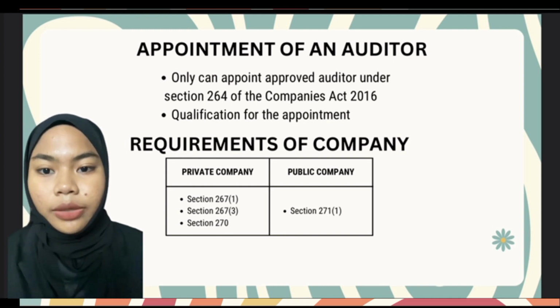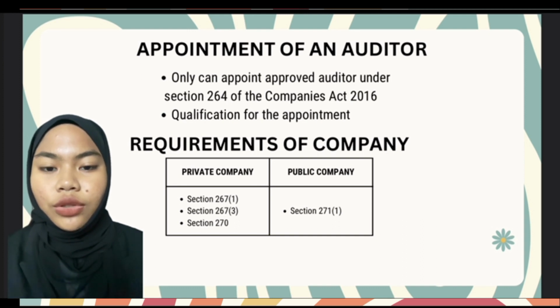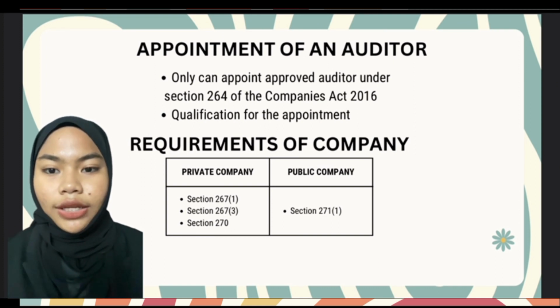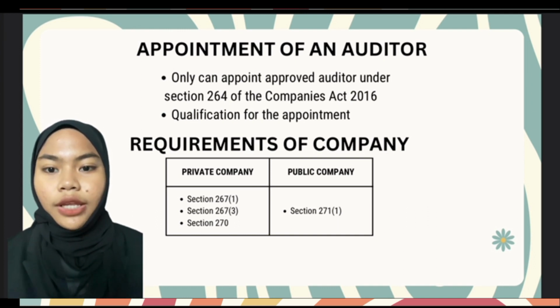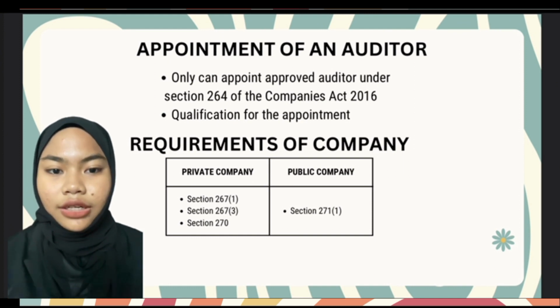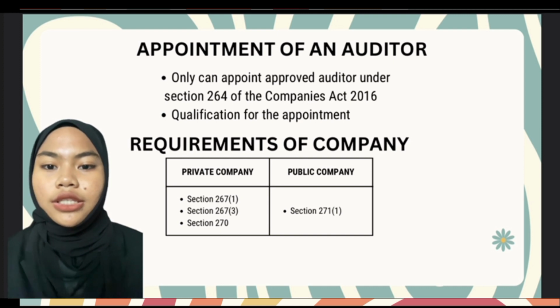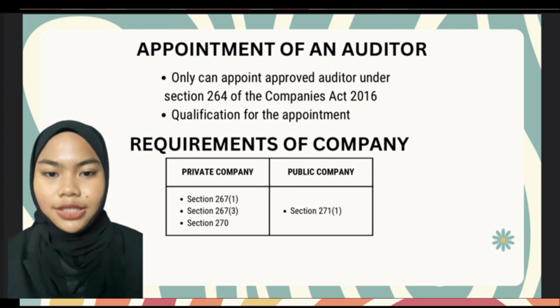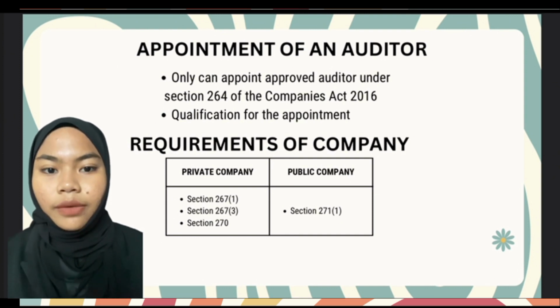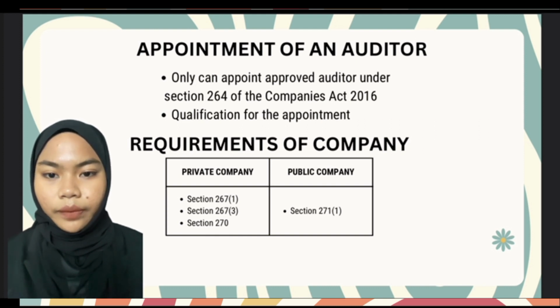First, the law remains the same. Section 264, subsection 4 of the Companies Act 2016 requires every audit partner of the appointed audit firm to not be in breach of any of the disqualification factors set out in Section 264, subsection 1 of the Companies Act 2016. So, now every audit partner cannot be an officer of the company.